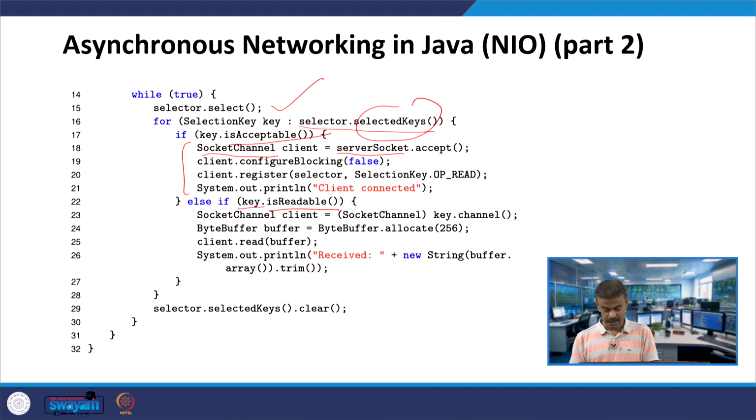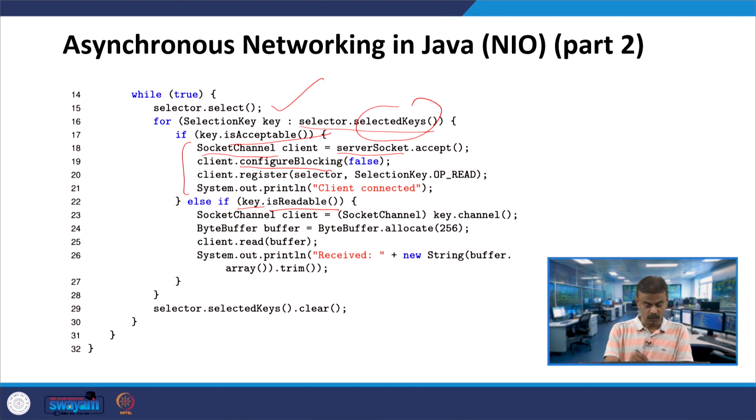In line number 19, the client invokes configureBlocking by passing false, which configures the client socket channel to non-blocking mode.